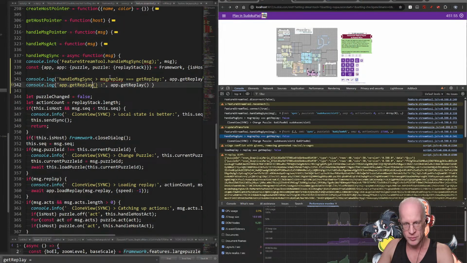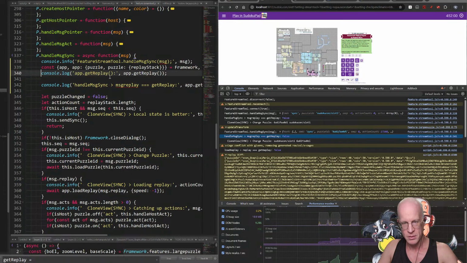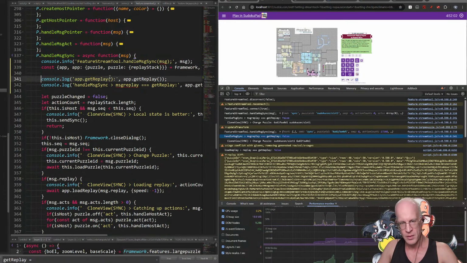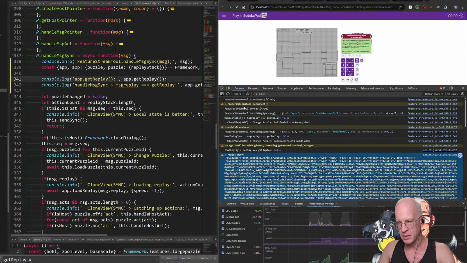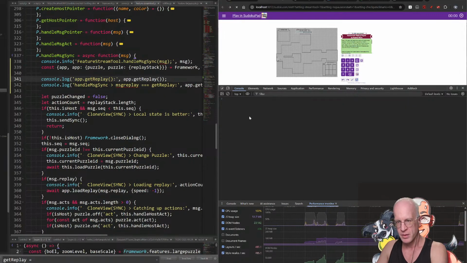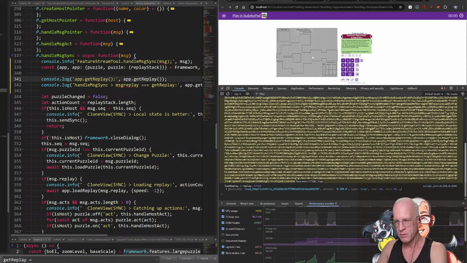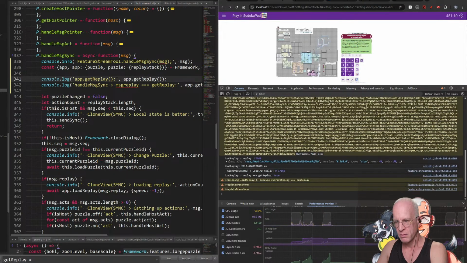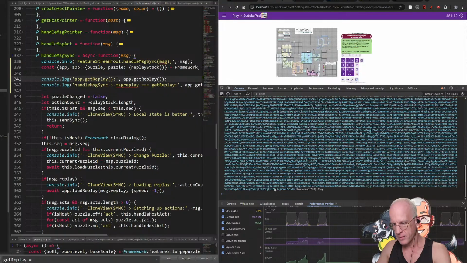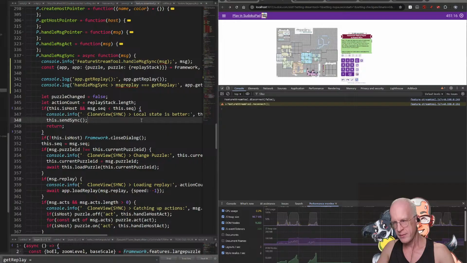So if I just output what's inside get, what getReplay returns here. So at the point of message syncing, is our local replay already broken? All right, so if I get replay right now, we get 137 kilobytes of replay data. Now, if I force a refresh,